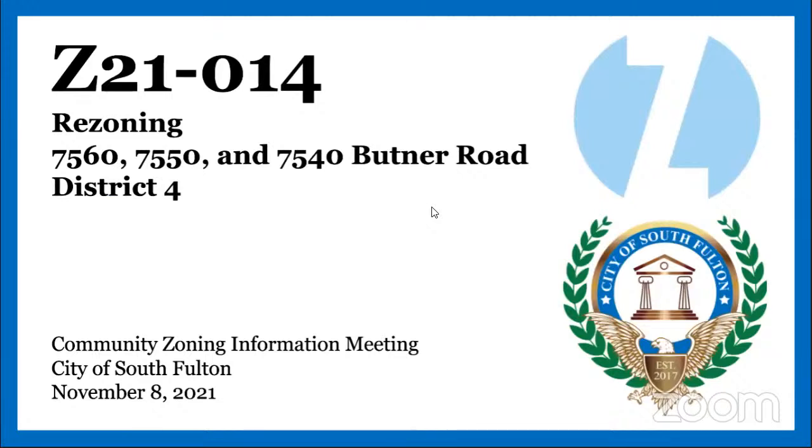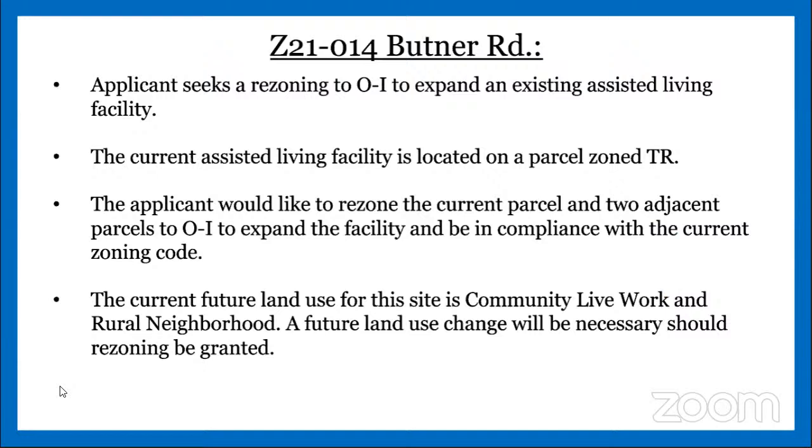Okay, so the first case that we're going to talk about today is Z2114. This is a rezoning across 3 partners on Butner Road, located in District 4. So this is for an assisted living facility that began operations in the 90s. In the 90s, the TR zoning designation was allowed for assisted living facilities. And so the applicant at the time chose TR to be in compliance with the zoning code that the municipality